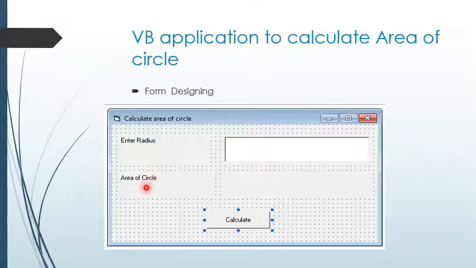After that, I have taken another label just to display the area of the circle, and here you can see one empty label, which I have cleared so that we can display the result of our calculation. And using this command button whose caption is Calculate, we are going to calculate the area of the circle. So this is your designing.